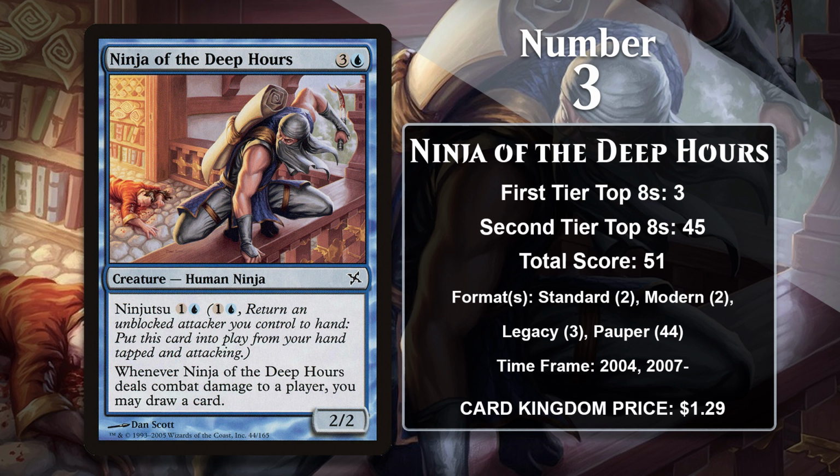It can net you a ton of cards if left unchecked. While it has gained a few points in Standard, Modern, and Legacy over the years, it's done the most work in Pauper, where it's pretty close to being a blue staple. It's gained points there in Fairy Tribal decks, Blue-Red Snow decks, Mono-Blue Delver, Dimir Control, and the so-called Deep Hours